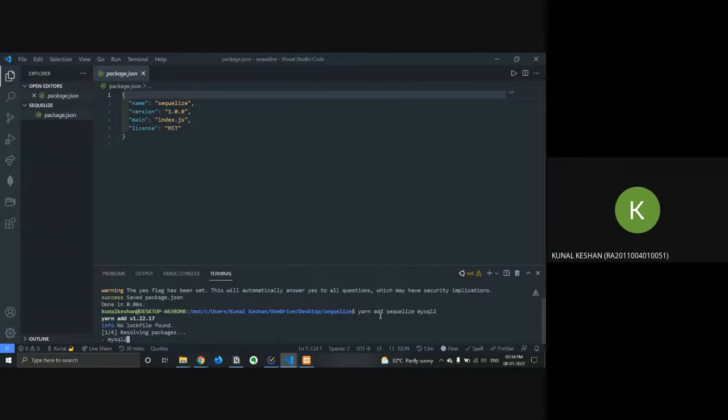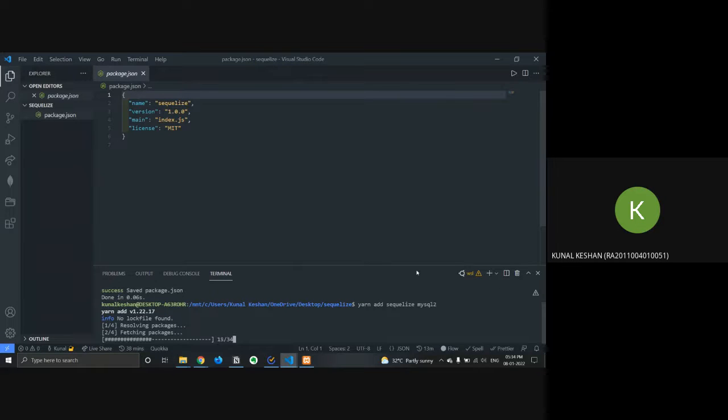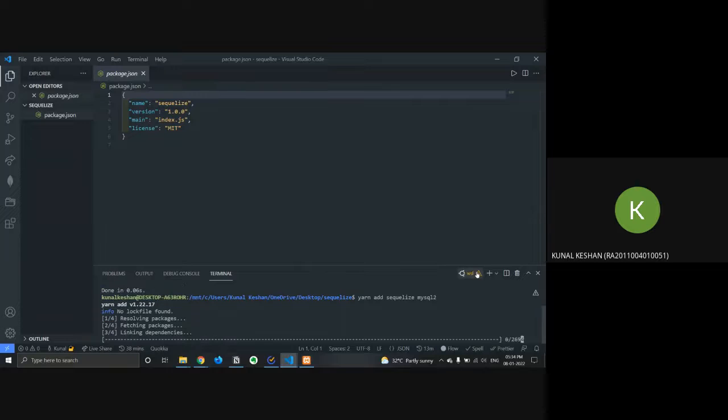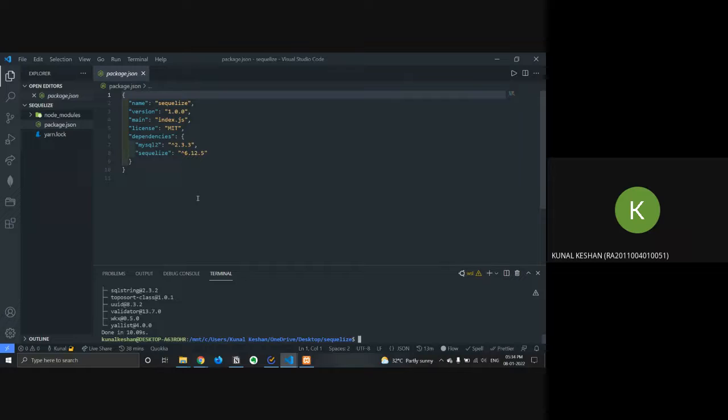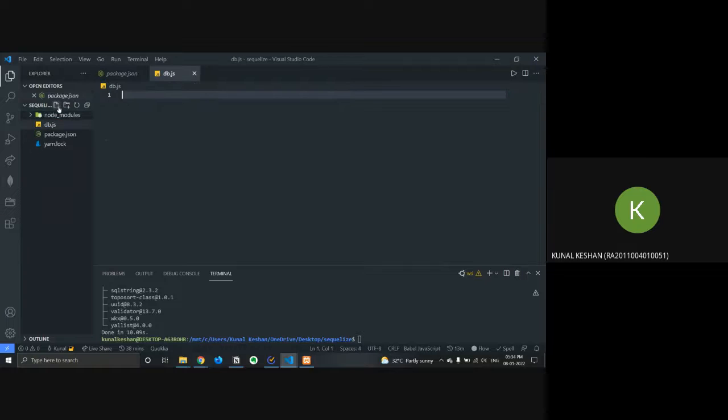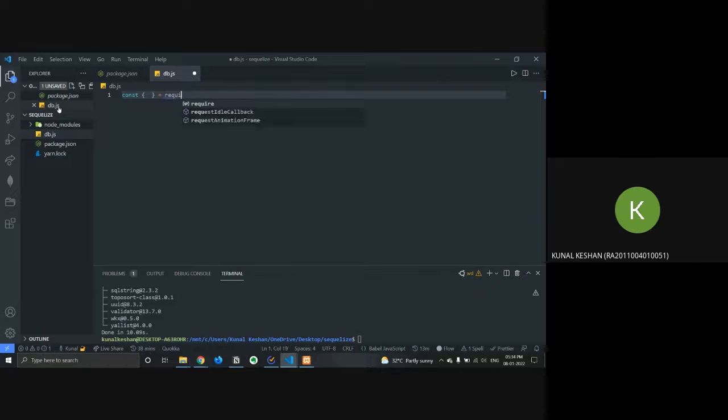I'll just wait for it. Okay, yep, so it's installed now. I'll just create a db.js file. I'll import Sequelize.